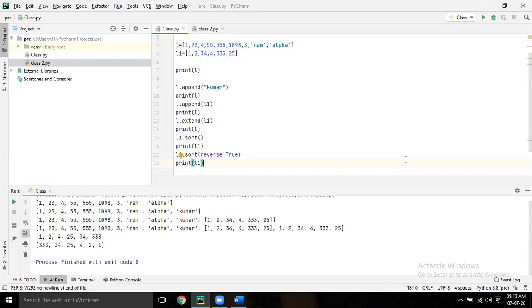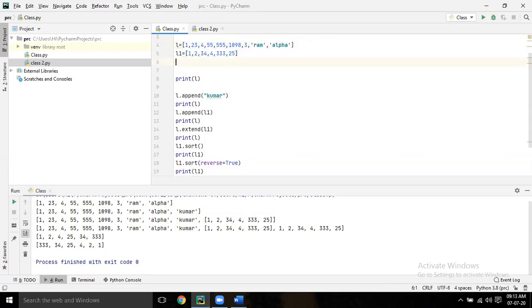Okay, now what you do? Now write L2 equal to L1 in the above, after L1 equal to, where you have declared L1. Below L1, L2 equal to L1.